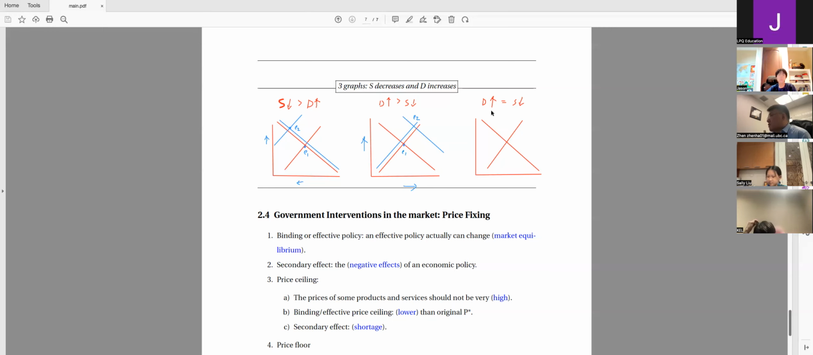When these two changes are equal to each other, you shift both curves by the same distance. Okay, this much. And if I shift my supply curve,